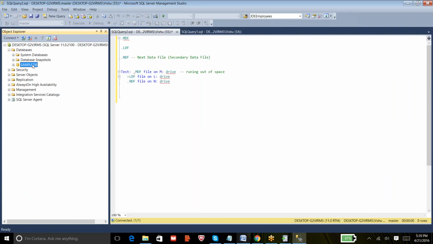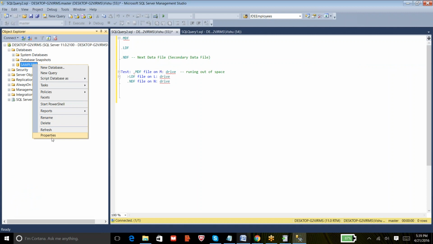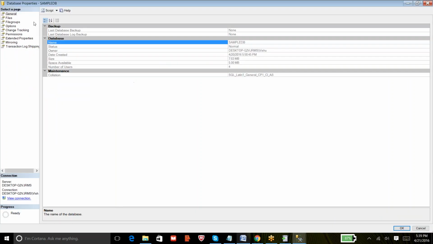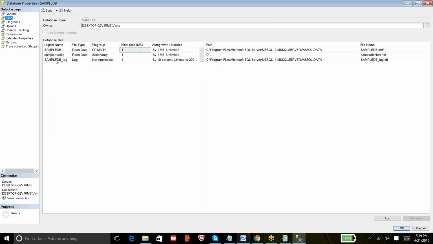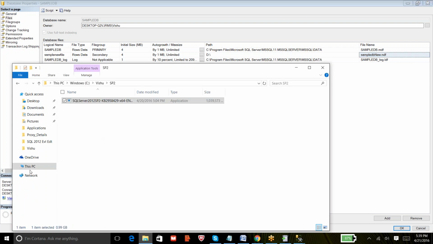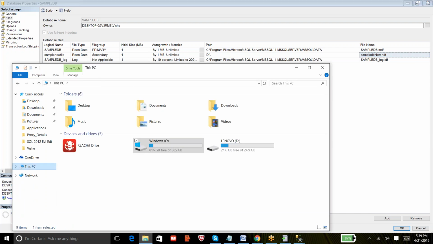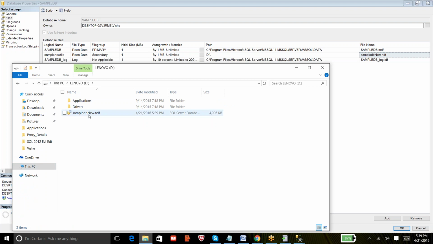So now for this database, we have got three files: one MDF, LDF, and the third is the NDF. So you can go and check the file on D drive now. You can see a new NDF file has been created.